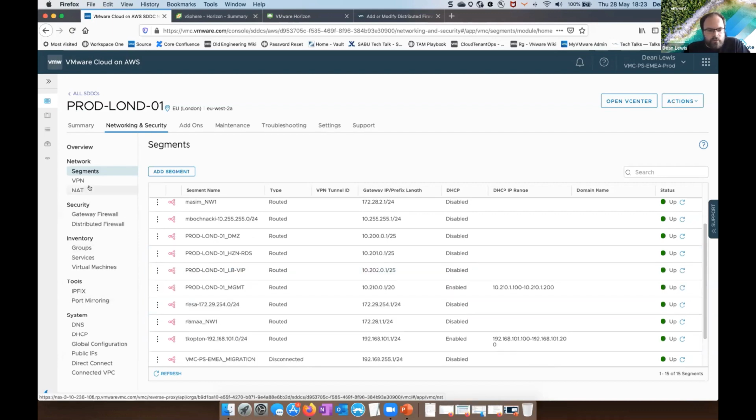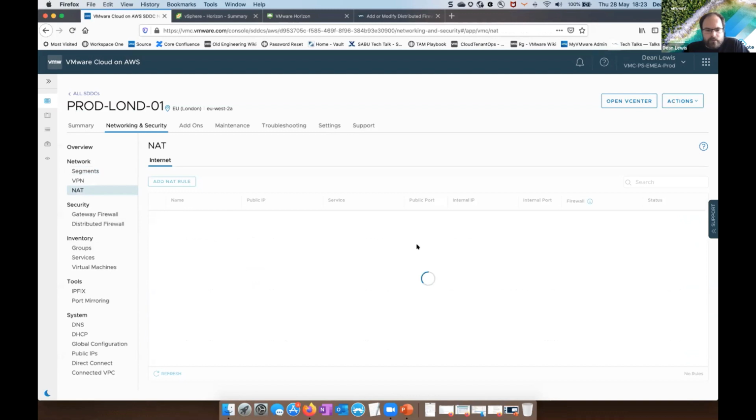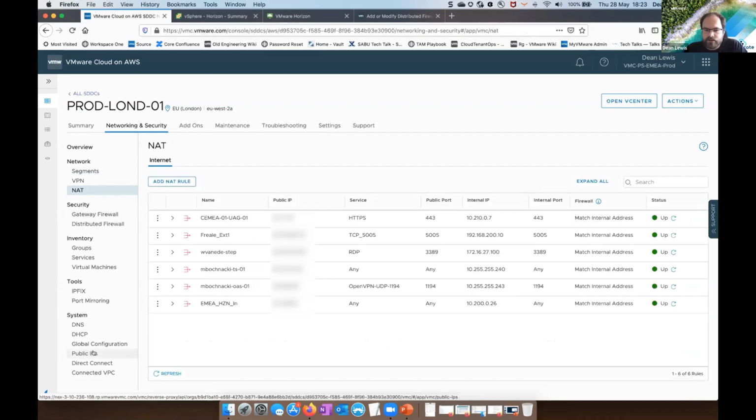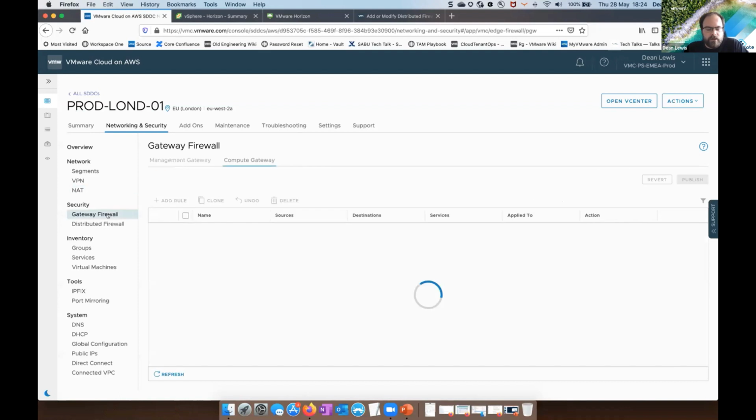We've also set up NAT rules, and these NAT rules are really simple. We're taking a public IP address, which we've gained by going into public IP addresses and clicking create new, and essentially we map that back to our internal service. This internal IP address here is our Avi Networks IP address, and this is a load balancer, which we'll see when I touch on the Avi Networks setup shortly. From there, the Avi Networks controllers are going to route that into the network where it needs to go. Now, when we look at the gateway firewall,